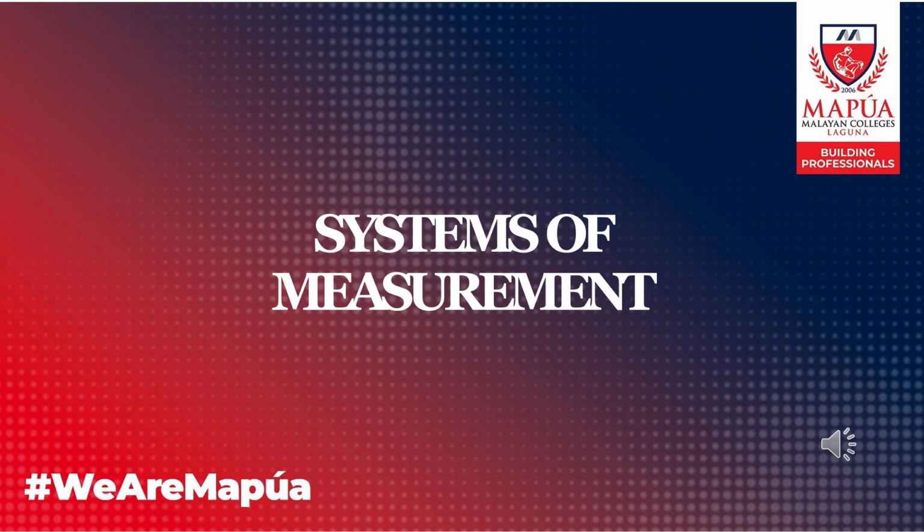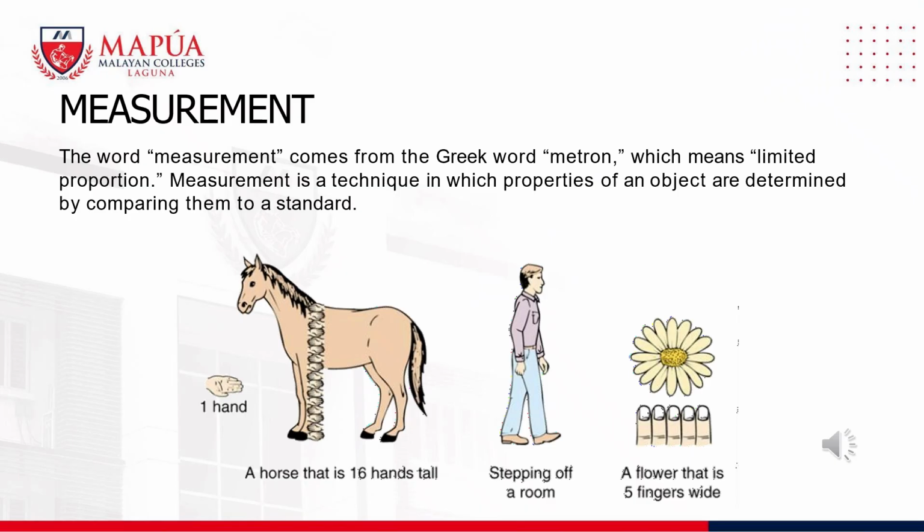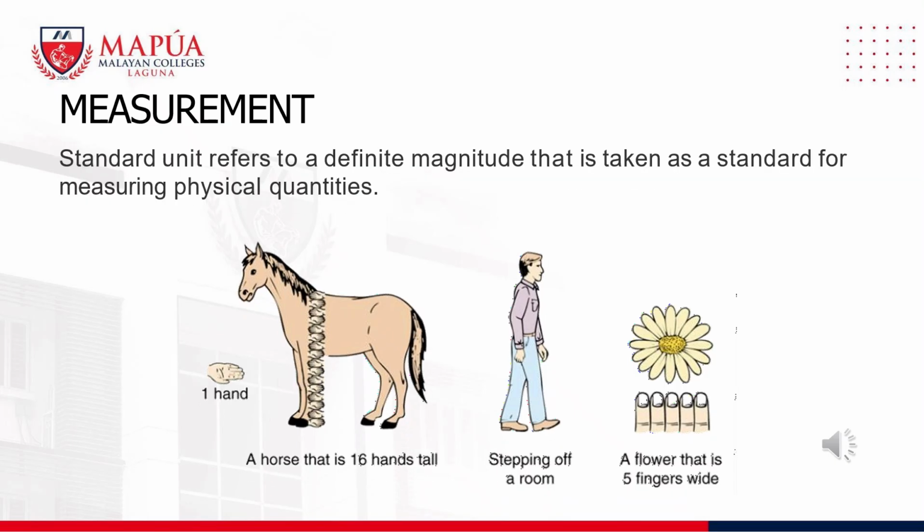So today, class, we are going to continue our lecture about this topic, and I'll just go briefly over the previous ones that we have discussed, and then I'll focus my discussion on the part about perimeter, area, and volume. So last time we talked about the basic concept of measurement. Okay, so we have here the slide that shows us what is meant by the word measurement. We have discussed this already, so I'll not explain that again.